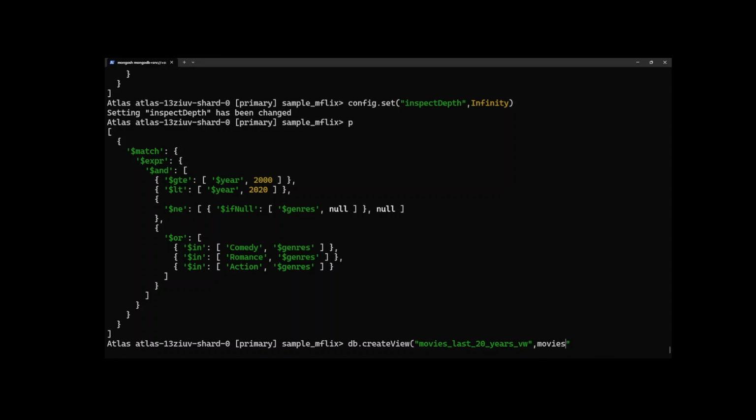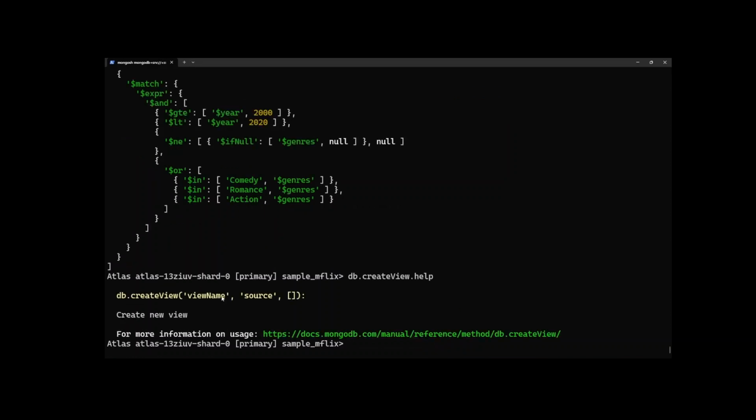So I'll use the db.createView syntax. If you're not sure or you've never used createView, we'll do a help there, and you can see the arguments to pass in. createView takes a view name, it takes the source collection, and also a pipeline. The pipeline in this case is the variable p. So I'll say db.createView,